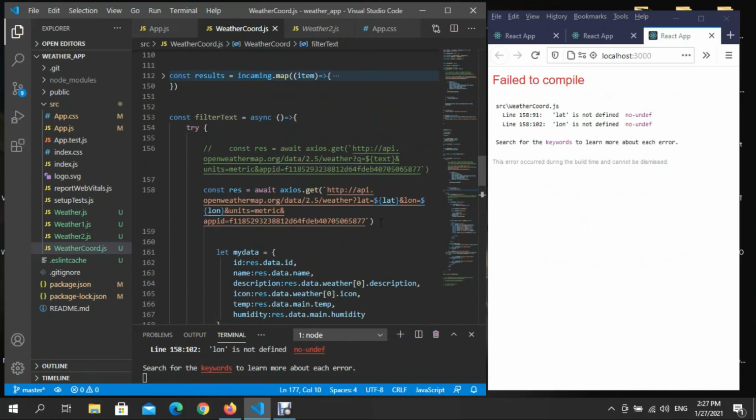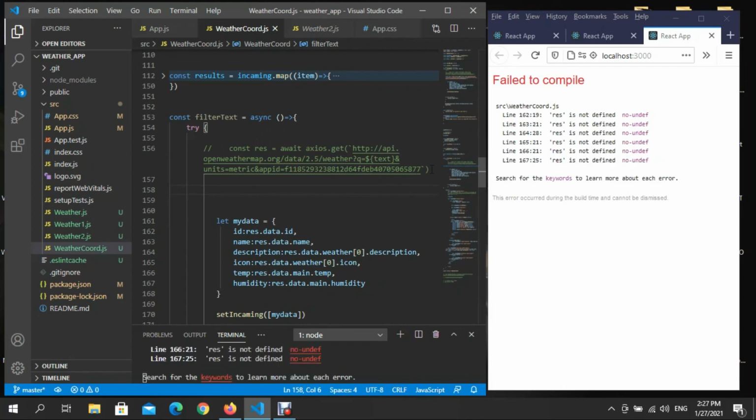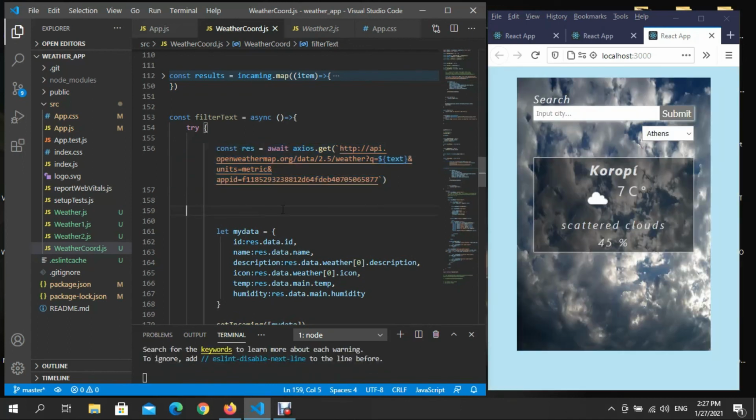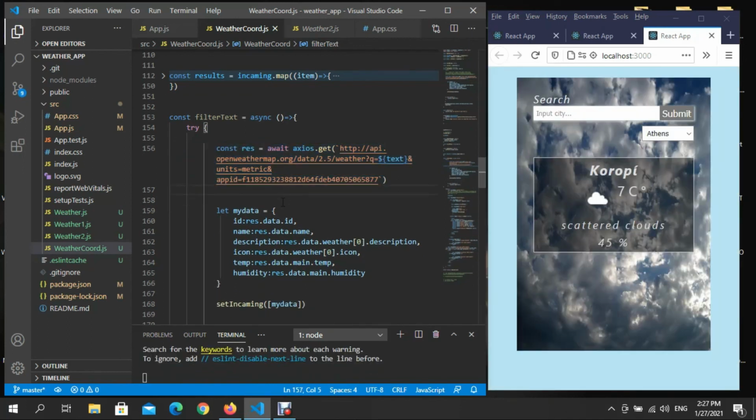Now I don't want this, I just want to enable this. We are gonna override some things, right, and right now what I want to do,